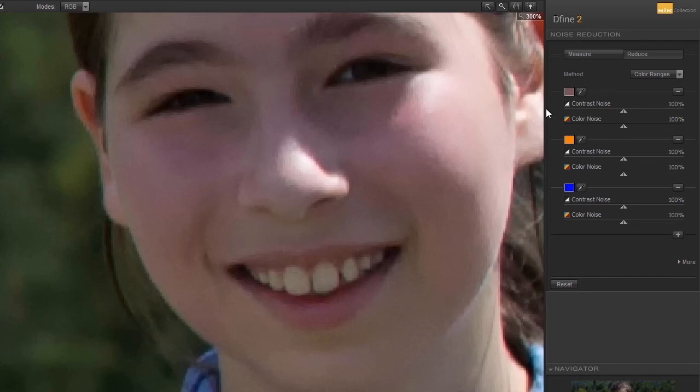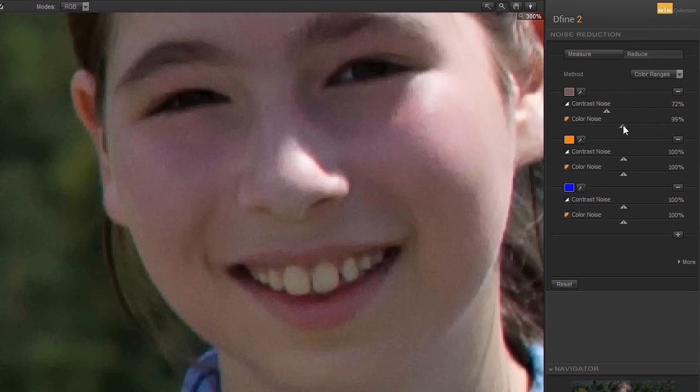If I drag the contrast noise slider, we see I am only adjusting the skin and not the green of the background. So I can work very specifically and adjust only one color. If I go under 100%, I reduce the noise reduction from the profile, and if I go above 100%, I increase the applied noise reduction even more. Contrast noise reduces differences in value of the selected color. Color noise isn't noticeable as much, especially in JPEG images, due to the JPEG compression.